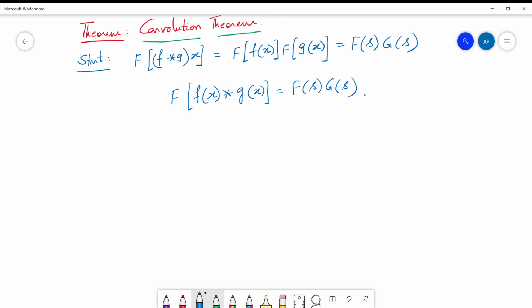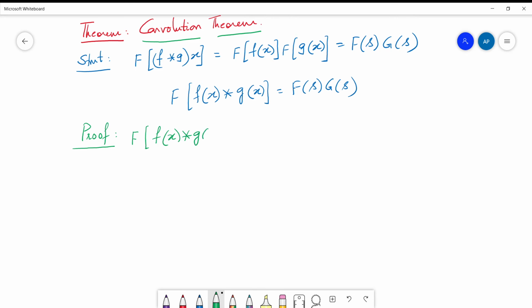Let us now start off by proving it. We shall start the proof with the left hand side and arrive at the right hand side. We shall begin with the basic definition. By now all of you must be familiar that the Fourier transform of f of x star g of x